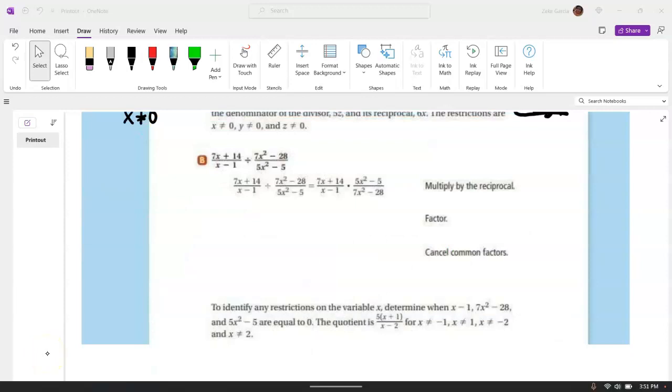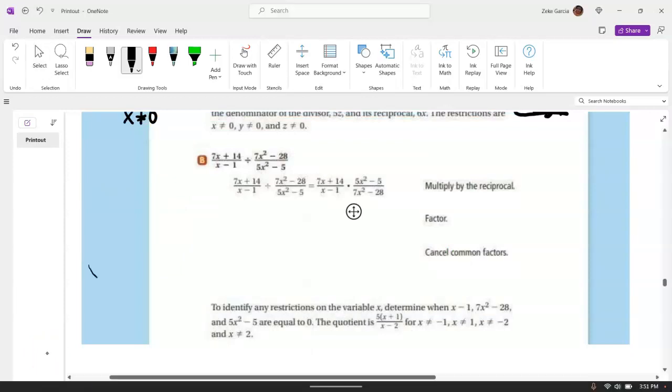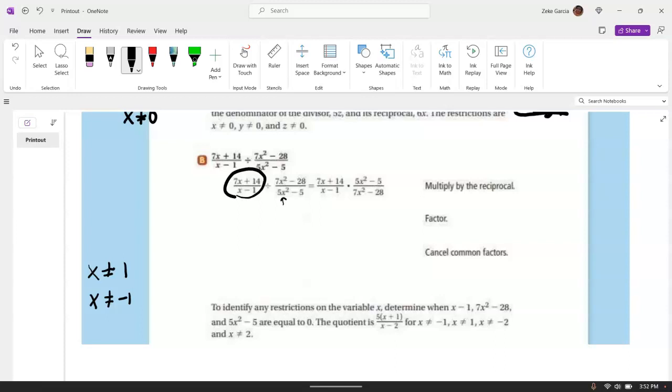So we're going to simplify this rational. The first step is identifying the restrictions. We have x can't be 1. We also know that x can't be -1, because if you put -1 into here, it's going to make it undefined. So we're going to start by using this fraction first. Find the greatest common factor. We have 7. You're left with x plus 2 divided by x minus 1 times, they went ahead and did